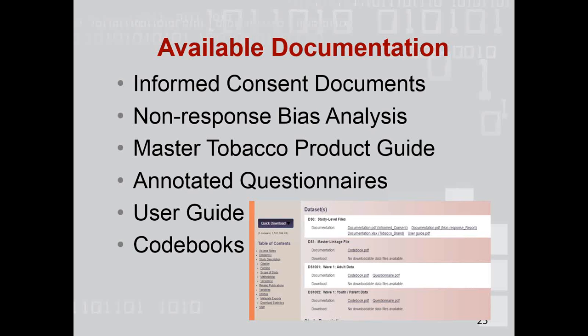In addition to a code book and a questionnaire for the adults and for the youth files, there are 4 study level documents that pertain to the entire study. And these are informed consent documents, non-response analysis, a master tobacco product guide, which is in Excel, and a user guide. We encourage you to use the questionnaire and code book side by side to gain a fuller understanding of